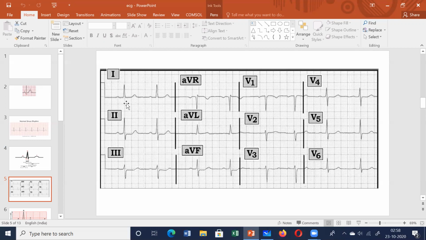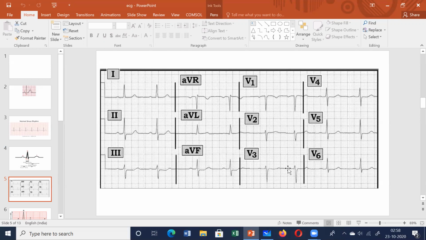They may disappear. After this, I'll be talking to you about the ST segment. In QRST, this segment between the S and T is the ST segment. That becomes inverted: ST becomes depressed, and the T wave becomes inverted. But this may or may not happen. This can be seen in the systolic overload.